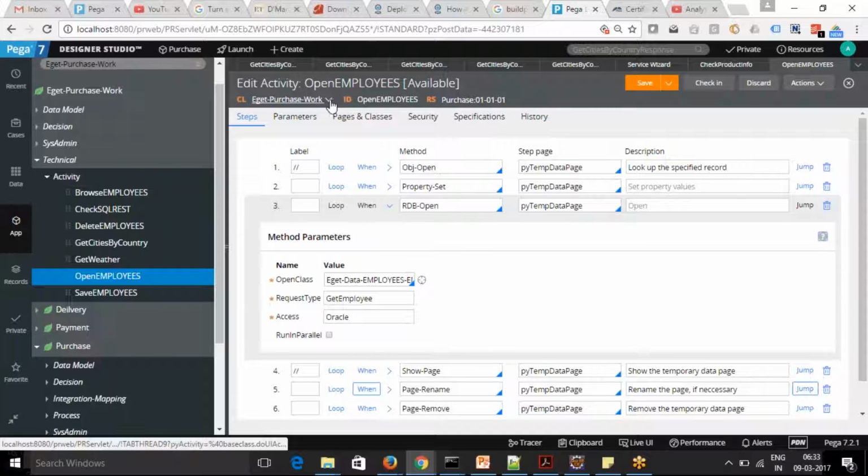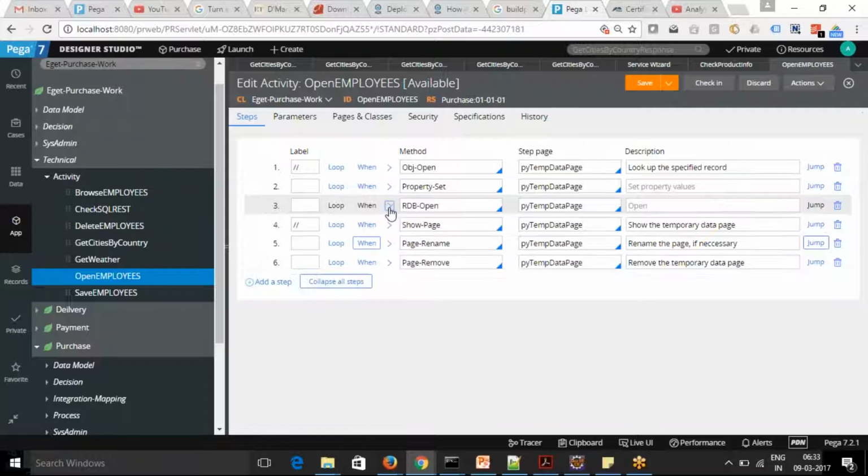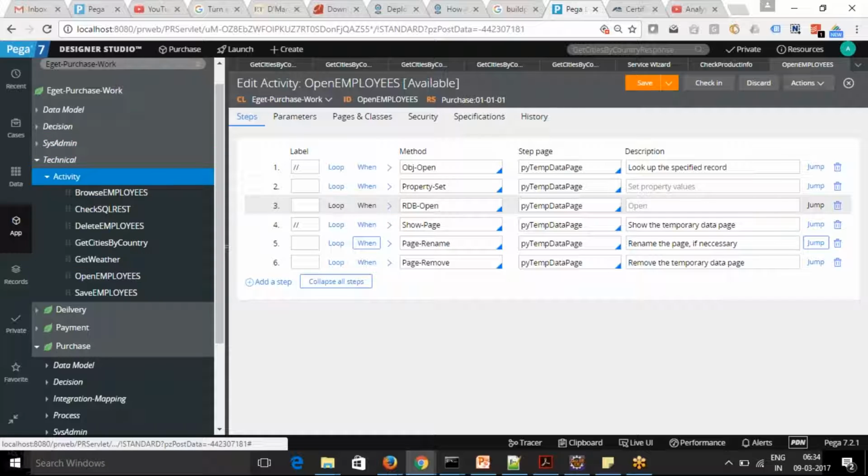So what I'm going to do is create a service. I'm assuming we'll do this for data admin operator ID. If you are going to pass an operator and you want the details of that operator, like what is his first name, what is his department, what is his organization. So you have the operator ID, and based on the operator ID you want those details. So let's